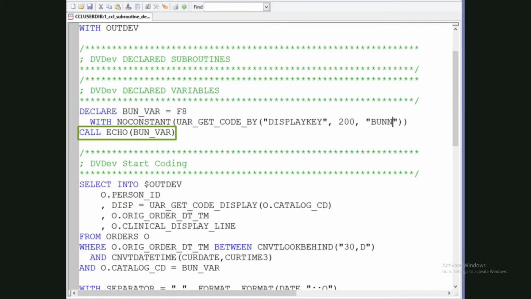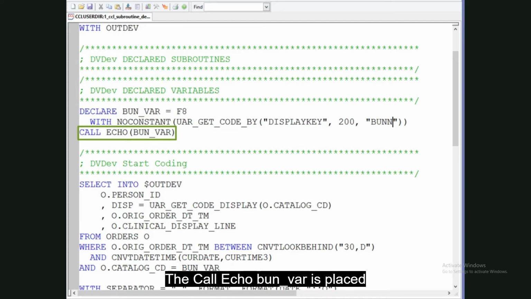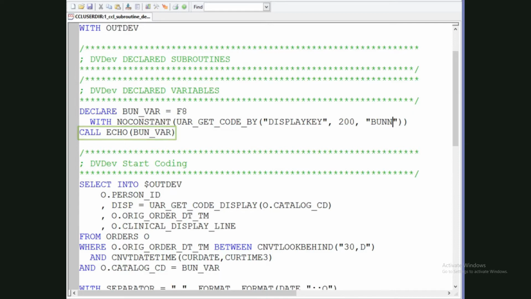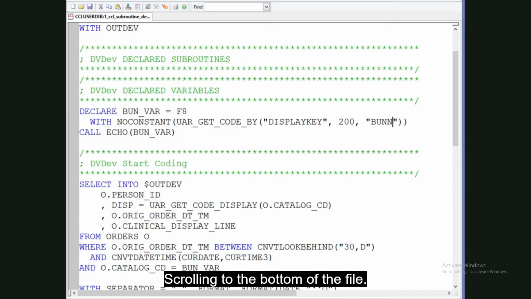Let's echo out what is currently in BUNVAR. The call echo BUNVAR is placed directly after the declare command. The output of a call echo using dvdev is placed in the listing file after a program has run as a command. Scrolling to the bottom of the file,